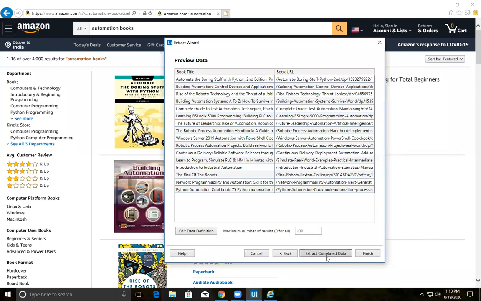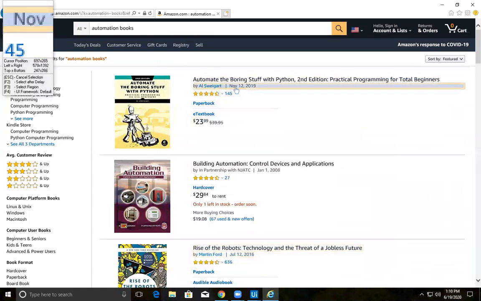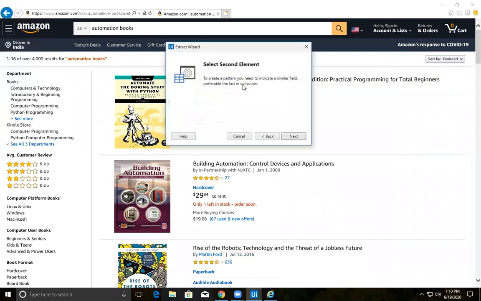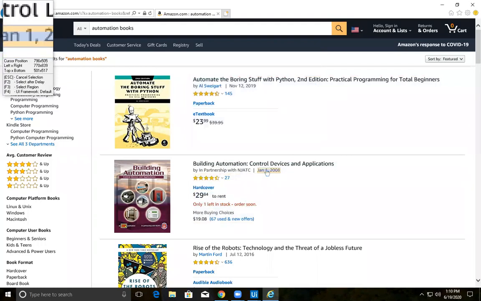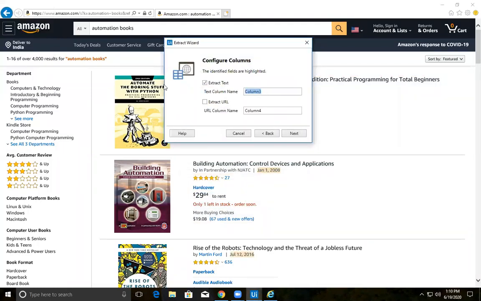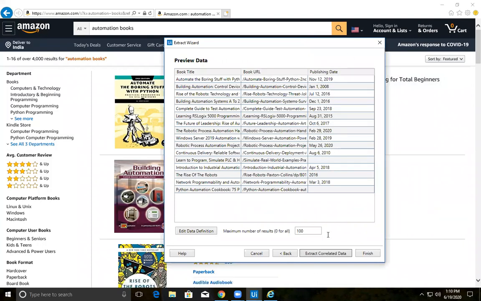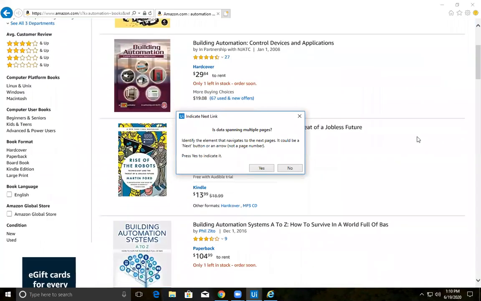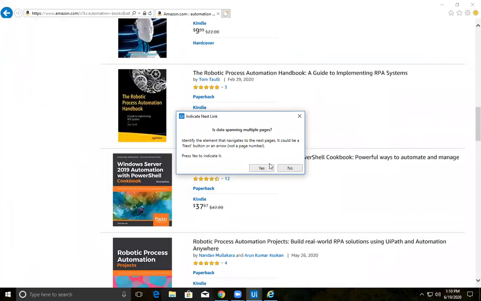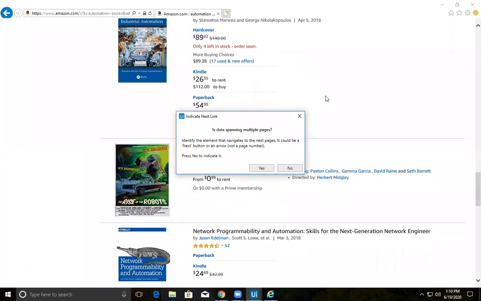Click on extract correlated data, Pavan. I guess you get this. I'm getting this publishing date like this. Yes, it is asking for the pattern again, the second pattern. I'm providing the publishing date. I'm leaving this last one. Click on next. Yes, all of this came. Finish. It is asking for spanning, so let's scroll down. Click on next.